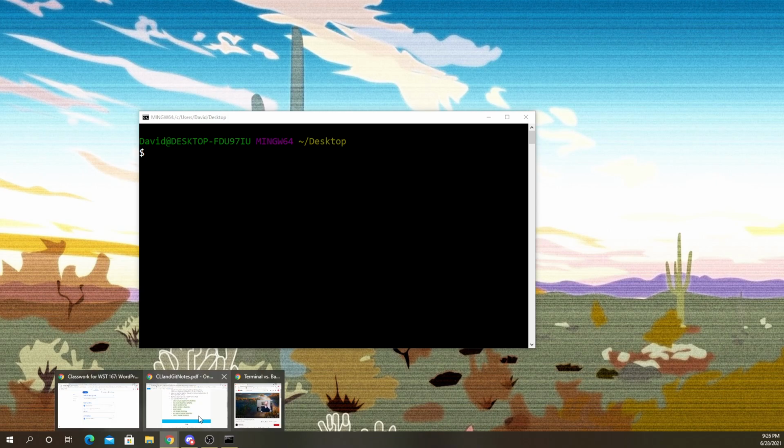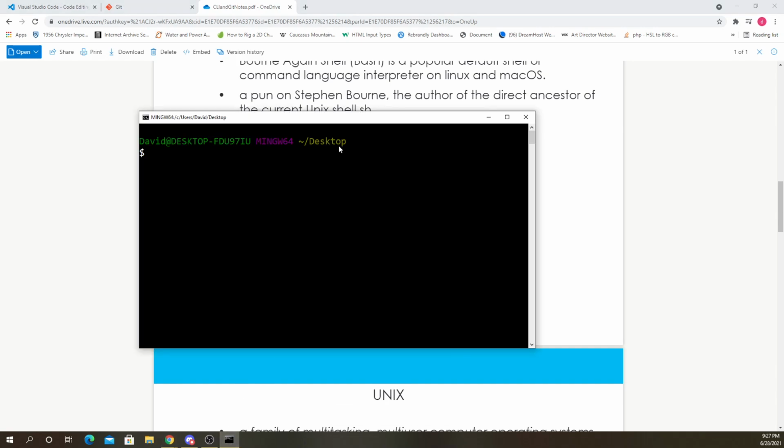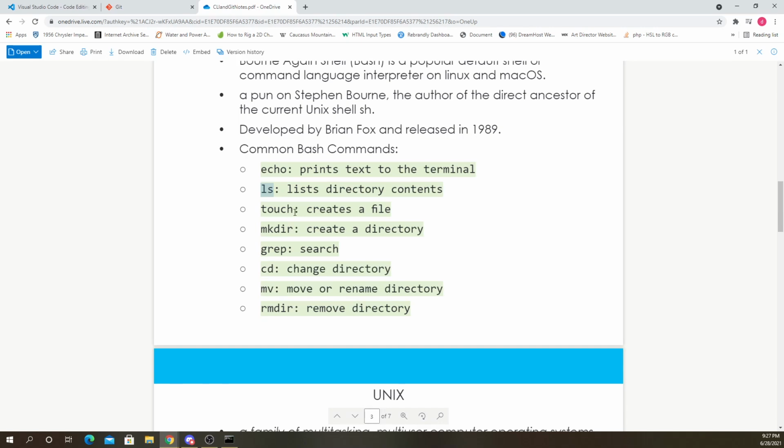Alright, so let's look at some other ones. But let me give you a couple seconds to try it. Echo and clear. And try echo with the arrow and the two arrows. We already looked at ls, lists directory contents. The alternative to ls, if you're using command prompt, is just dir for directory. I'll give you a couple seconds. Let me know if it's not working or if you have questions.